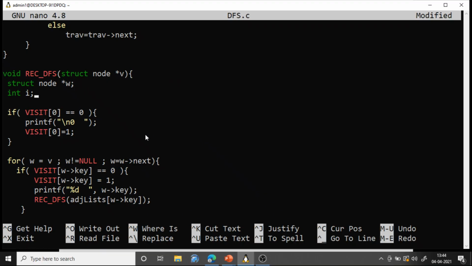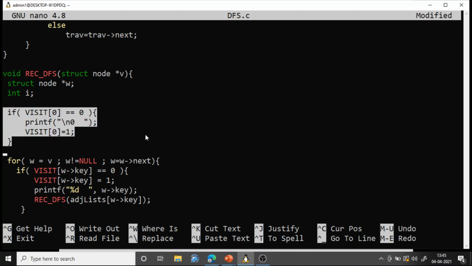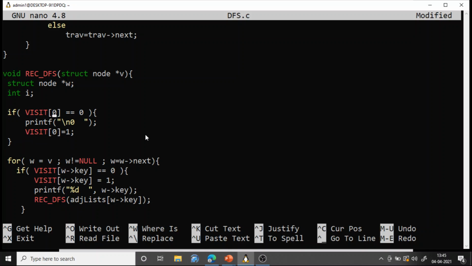Then, after coming here, we declare some node w. We check whether 0 is visited or not, because first you have to visit 0, right? Initially, only for the first time when it comes in, 0 will not be visited. So if 0 is not visited in the visit list, then first we visit 0, and we make visit of 0 equal to 1. This will execute only one time. Even though the code can be called recursively any number of times, it will execute only the first time it enters, because anyway we have to first visit 0, so we make sure it happens here.